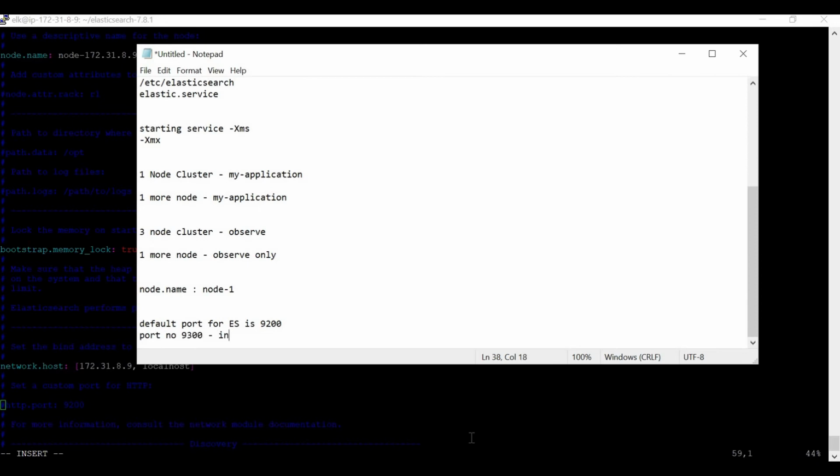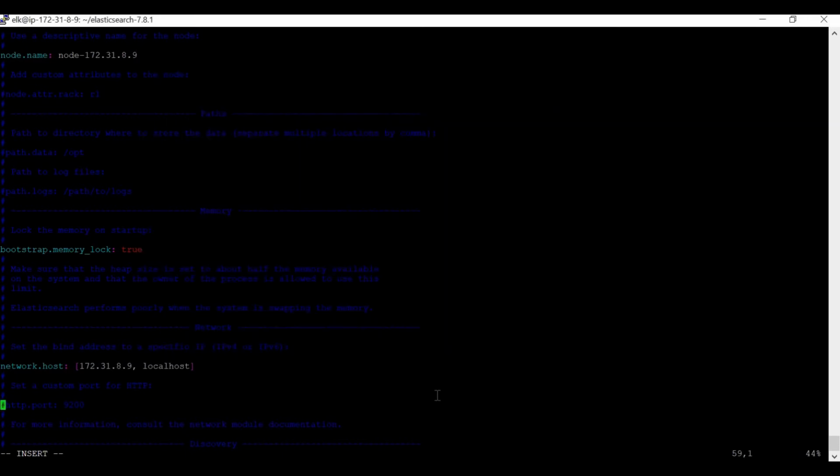This is for internal ES communication. If you have a multi-node cluster, then 9300 is the port utilized for internal ES communication. Right now these are defaults, but you can change them as per your environment. If I don't uncomment it, that's okay, because by default it will take 9200 itself.